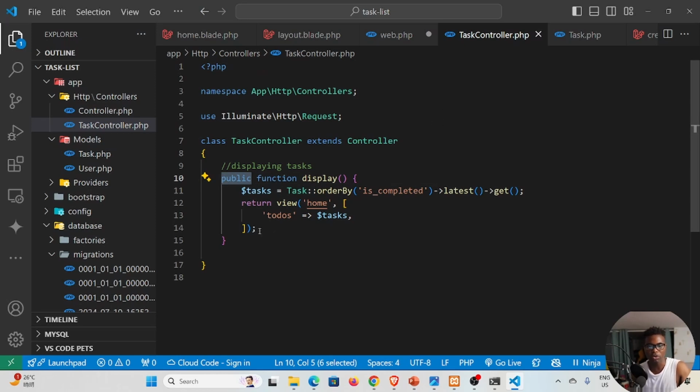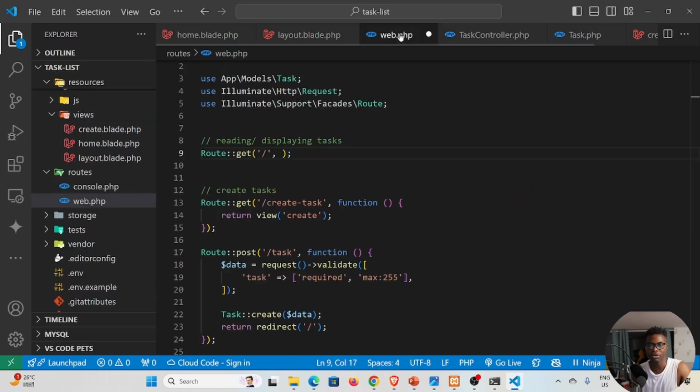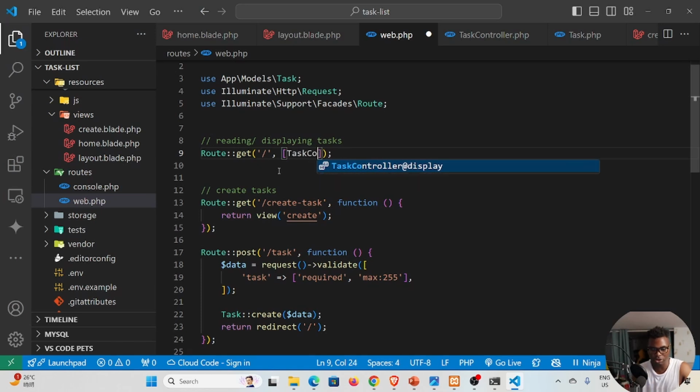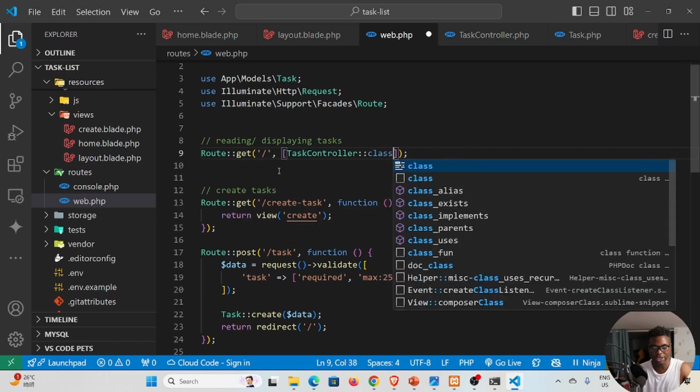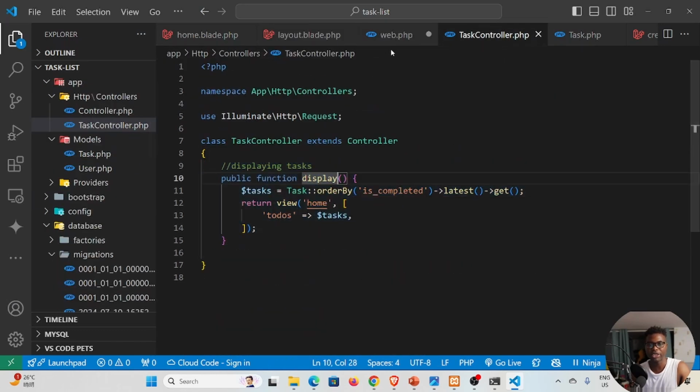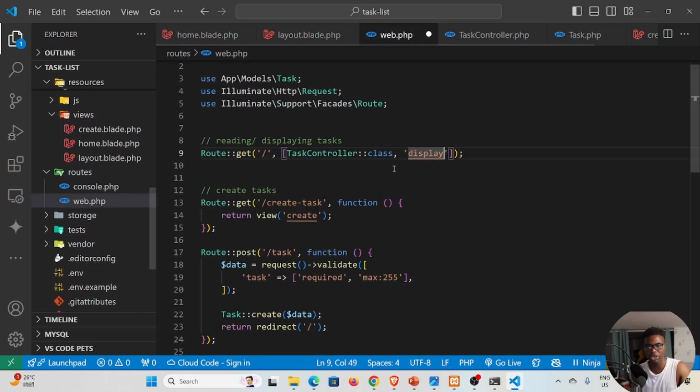And so what we need to do now to use this inside our web.php, we create an array, and then we specify the controller class, which is TaskController, and then we say ::class, and then we specify the name of the method that we want to access, which is display in our case. So inside here we called it display right here. So if I am to refresh, I'm supposed to still get access to the tasks, right? This is the method which is displaying our tasks. So if I'm to save this and go back to our application,